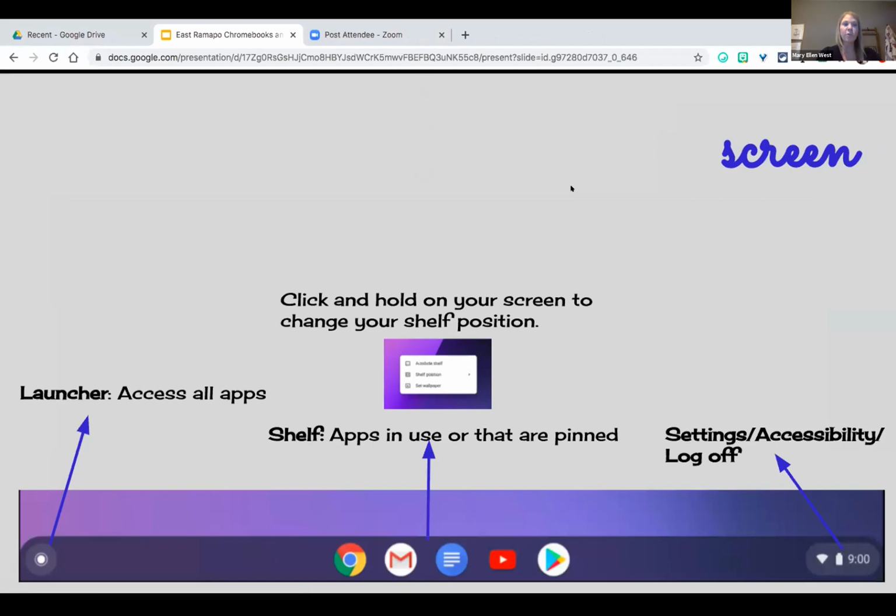Okay, so once you log on to the Chromebook, again, you'll have some items kind of pre-populated on your screen. And these are going to be really, really important. You don't have a file menu or a finder menu if you're used to a Mac. Instead, what you have here on the far left is the launcher. So when you click on that circle icon, that's how you can access the different applications that have been loaded